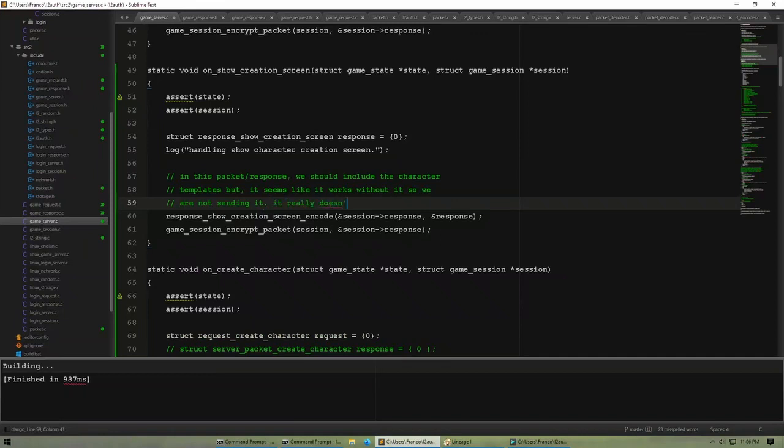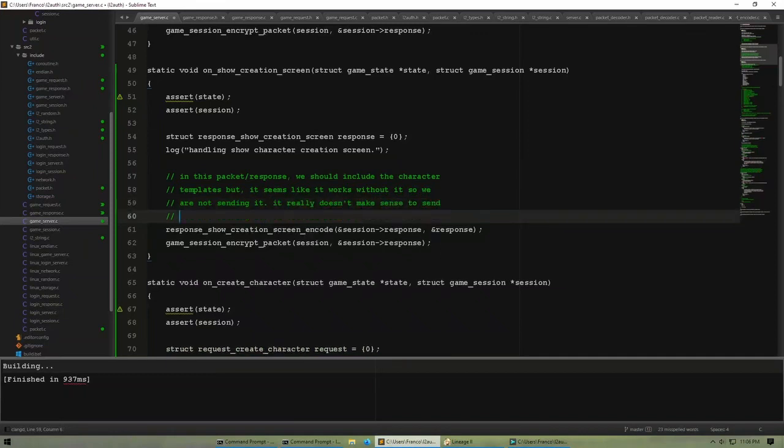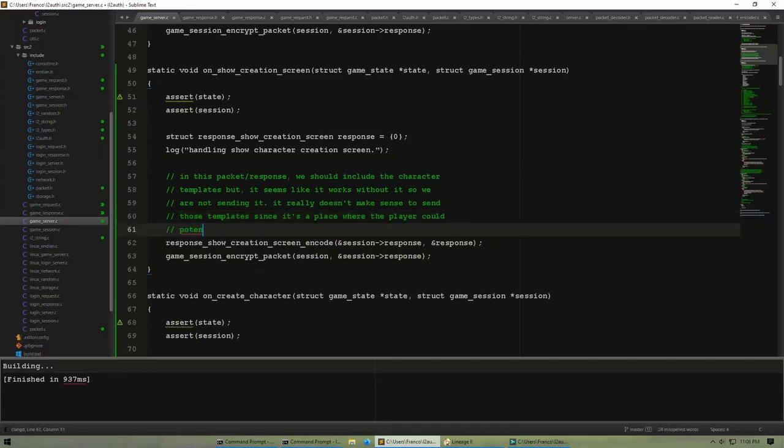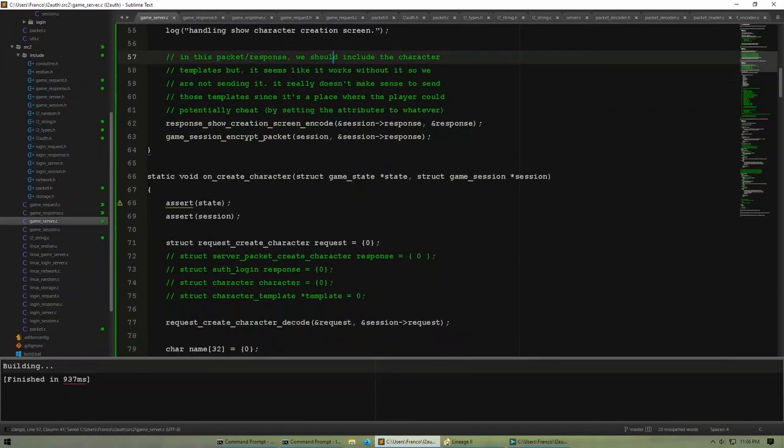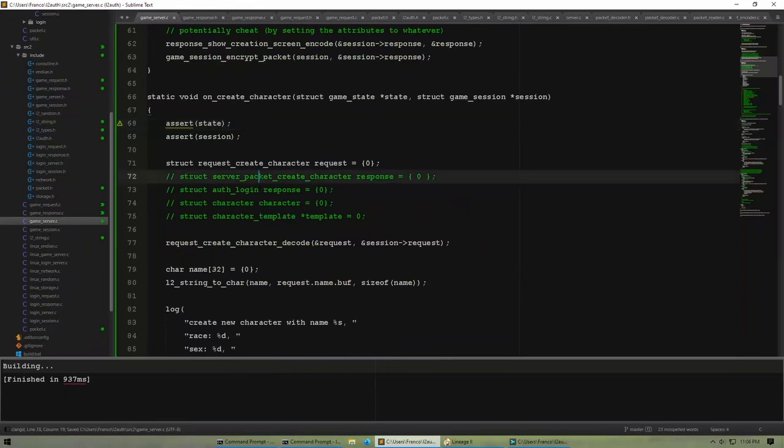It really doesn't make sense to send those templates since it is a place where the player could potentially cheat by setting the attributes to whatever. Okay, nice. And then on the character creation,